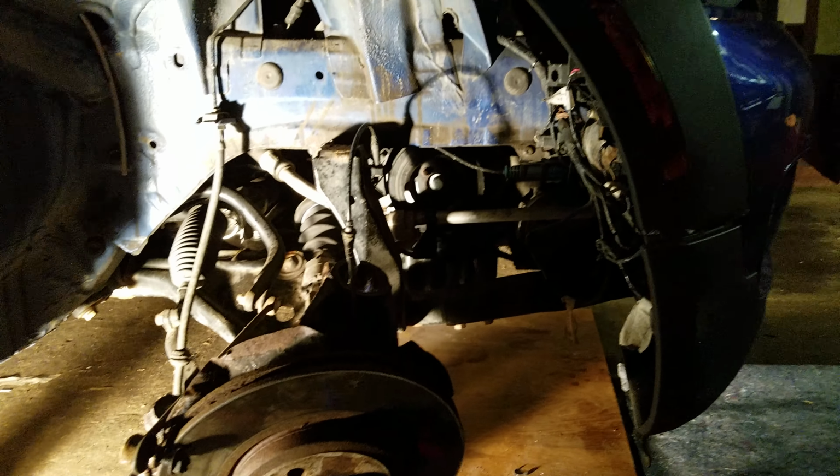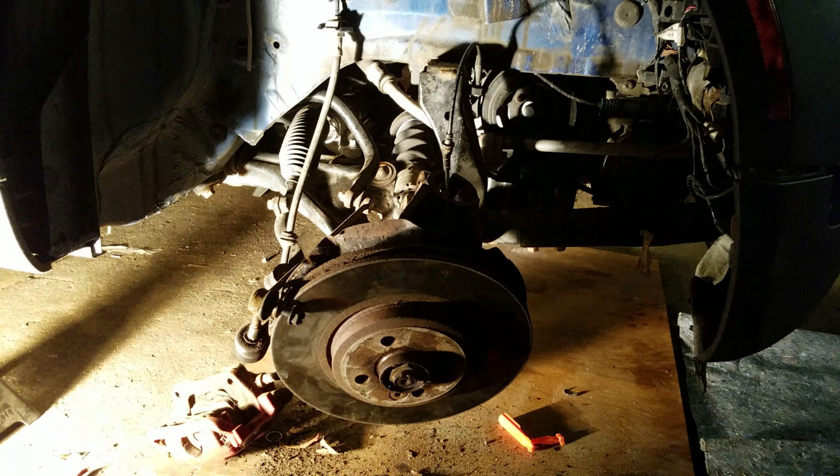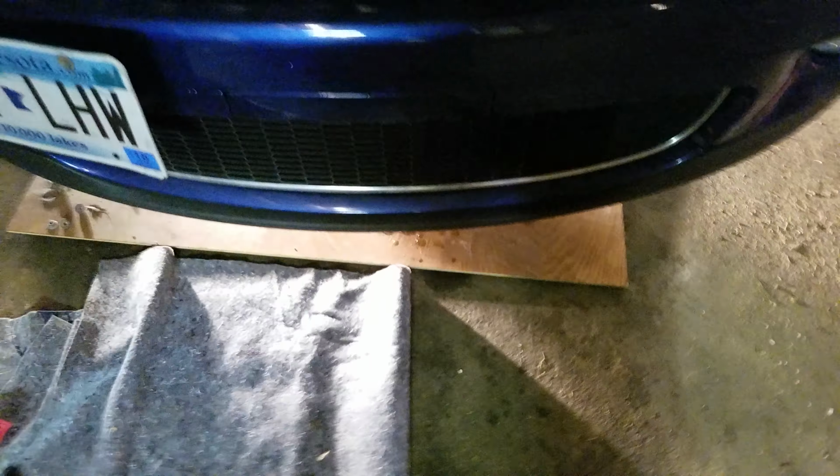But as I was also looking underneath here, there's something else that is very unfortunate. Let's see if I can get it underneath. As I was looking underneath, I was wondering why I kept on smelling oil. Ignore this antifreeze stuff, I was messing around. But there's that oil